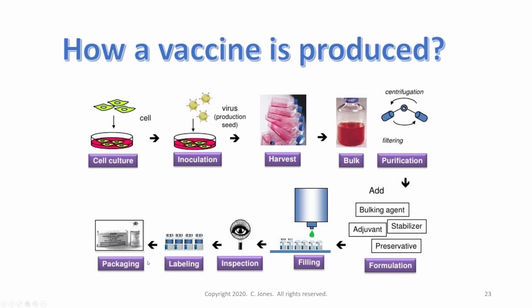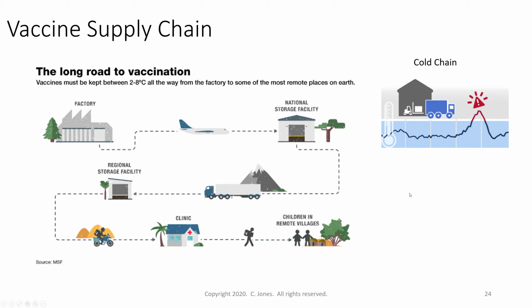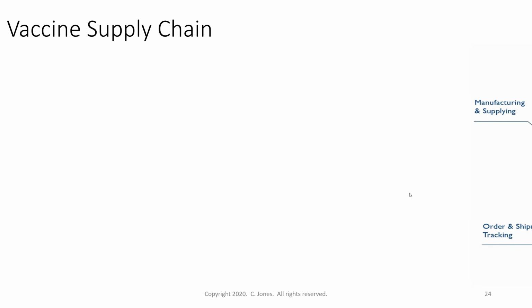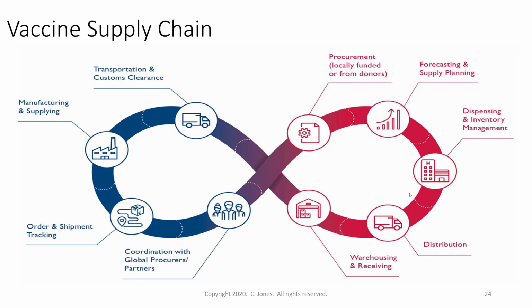One of the critical aspects in biologics is the cold chain. A lot of times we need to maintain cold. This needs to be at plus 4 degrees C, which is refrigerator temperature, or the vaccine won't work. So we need to maintain a cold chain. Okay? And so, again, there are a lot of moving parts to this. And again, it just illustrates that biotechnology, that vaccine production is actually a multidisciplinary endeavor.